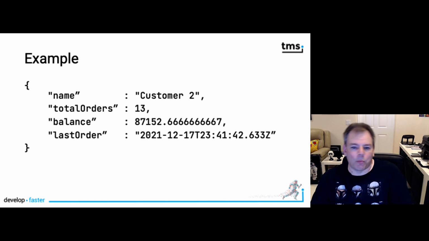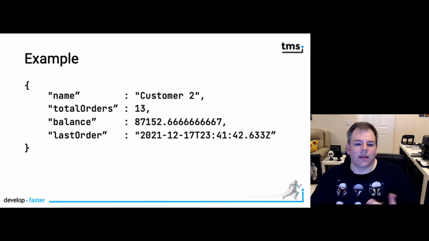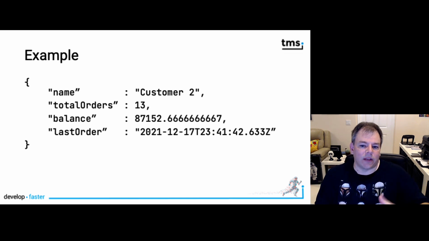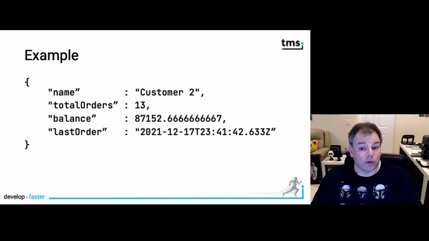What you also see, if I go back, is that it is rather common to use camel case for JSON properties. For example, here the name is capitalized in Delphi, or here total orders, T and O are capitalized. And this is the camel case standard that is very common. And especially if you work with other platforms, not only Windows, for example, Apple Swift has JSON retrieval that is based on the camel case standard. So I advise you to use this standard whenever you create JSON. It makes things easier if you need to operate with other platforms as well.